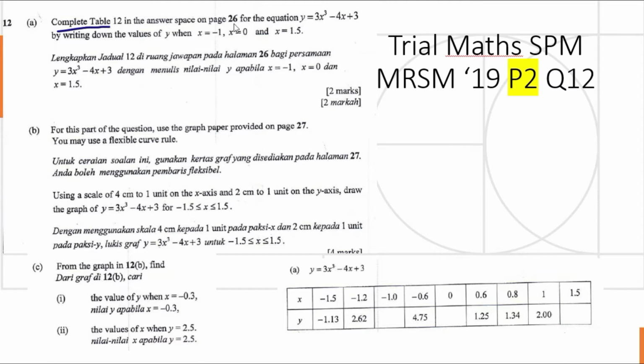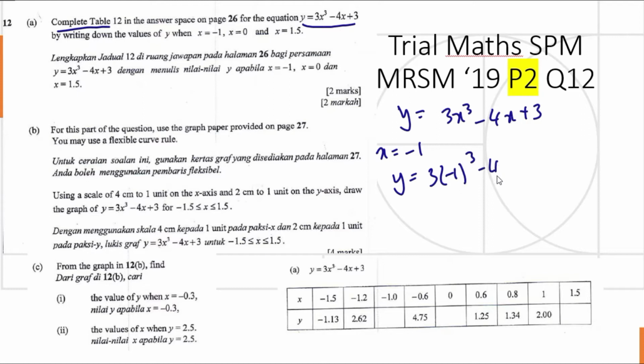So, complete the table with the equation y = 3x cubed minus 4x plus 3. We find the empty spaces by substituting the value of x. For example, x is equal to -1. So y is equal to 3(-1) cubed minus 4(-1) plus 3, which is equal to